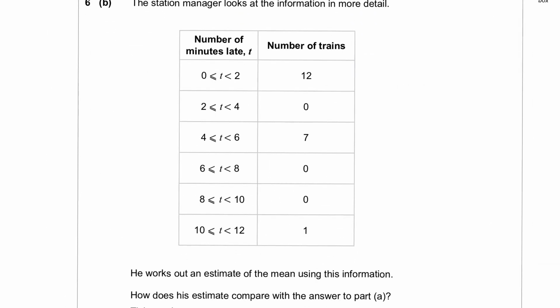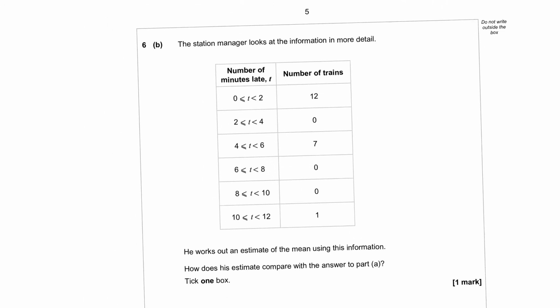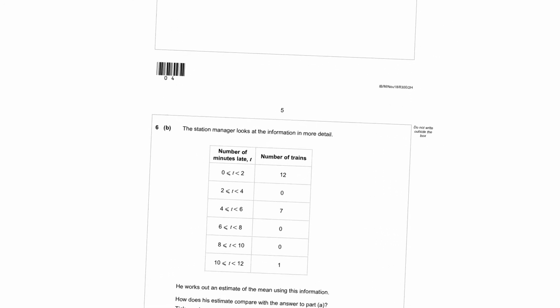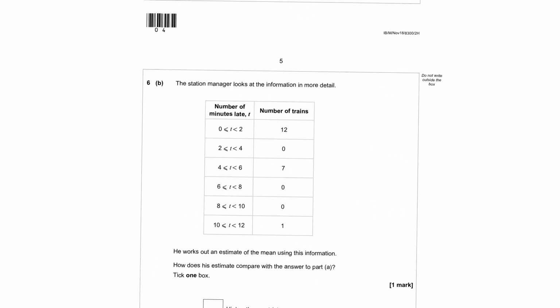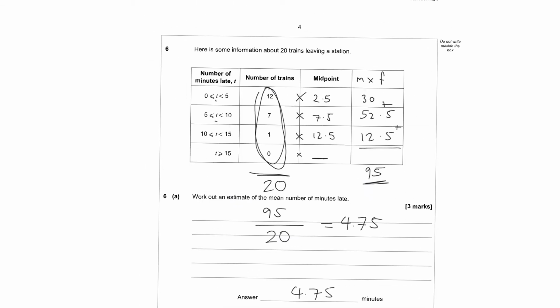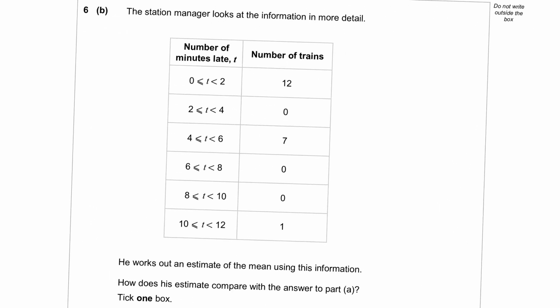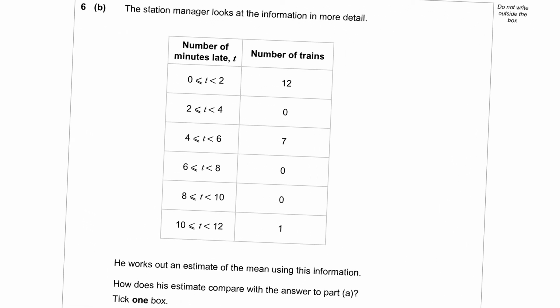Okay, so moving on to part B, it's now the follow-up of this question. It's the same information in terms of the number of trains that are late. However, it now goes on to say that the station manager works out an estimate of the mean using this information. And how does his estimate compare with the answer in part A? If you have a look, the table here has shortened class intervals, whereas here the class intervals are longer. If we were to roughly work out the midpoints here,